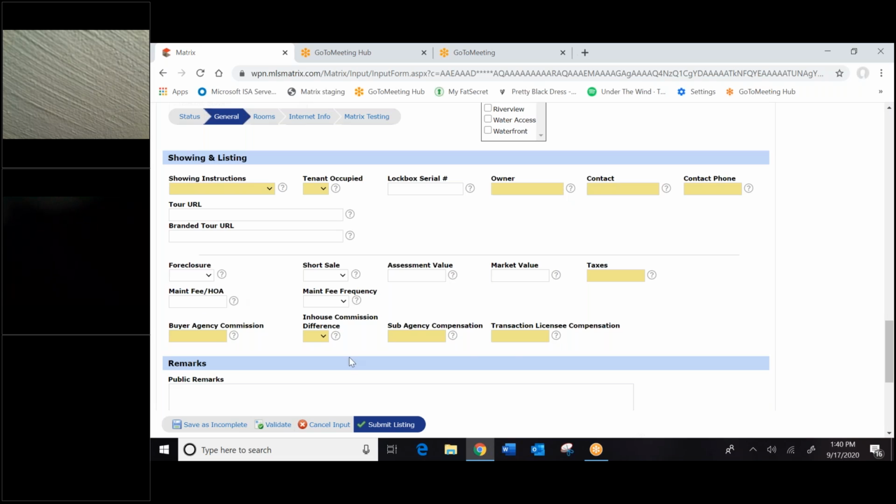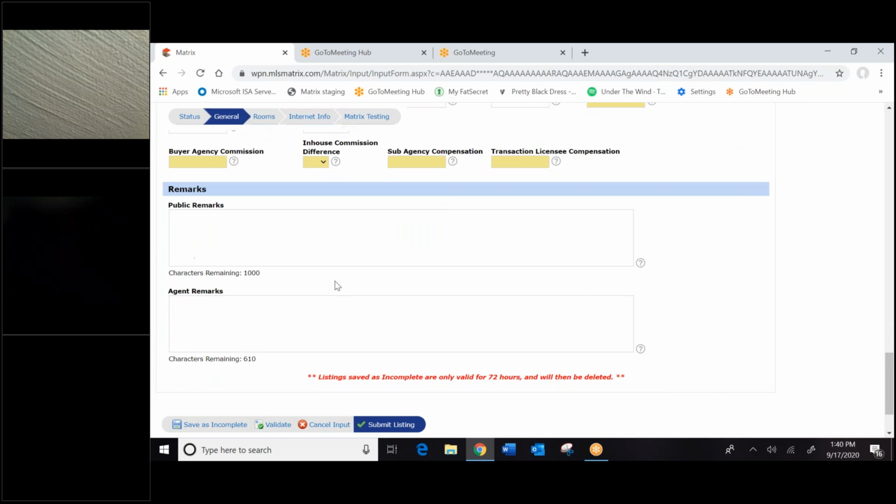You would then fill in all the rest of this information. Down here is public remarks and agent remarks. Public remarks is specifically for anything other than what is on the criteria screen that is descriptive of the home. So you're not going to see every piece of criteria listed in the criteria screen when you're adding this listing. So the public remarks is a place where you can put additional things that we don't have in our criteria,